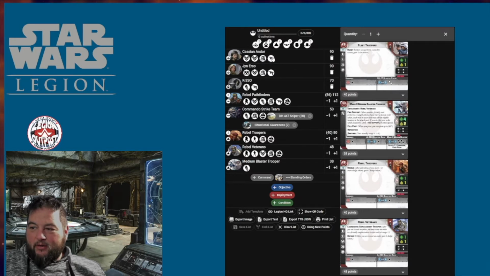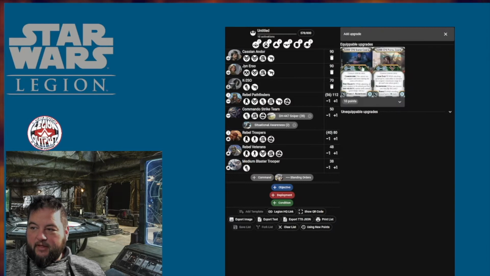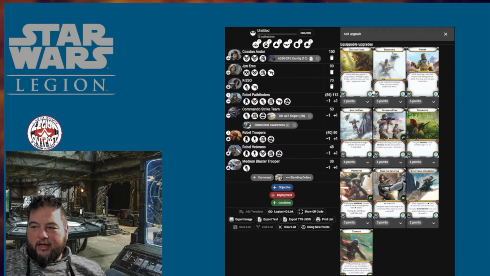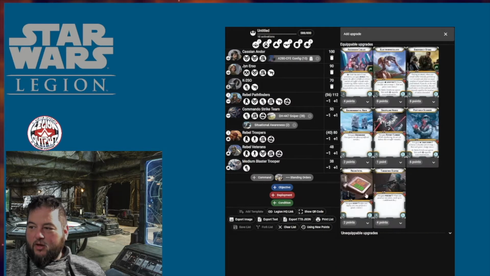Now let's quickly go into Cassian. We are going to get a long shot. One of the things I'm going to do here is a bit of a gun line, shooting from a distance, controlling and trying to put the suppression on. So we're going to get the long shot here, and then we're going to throw on